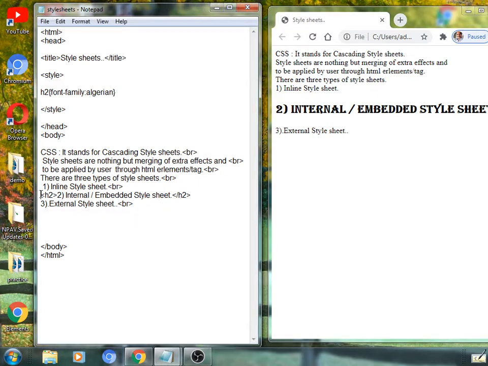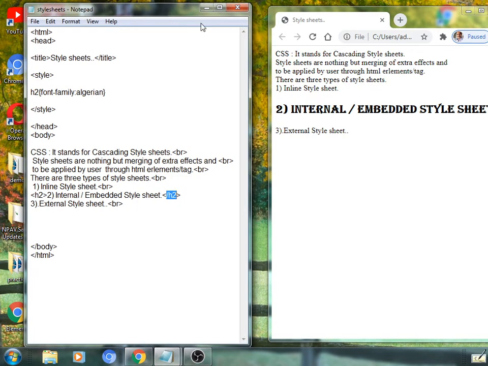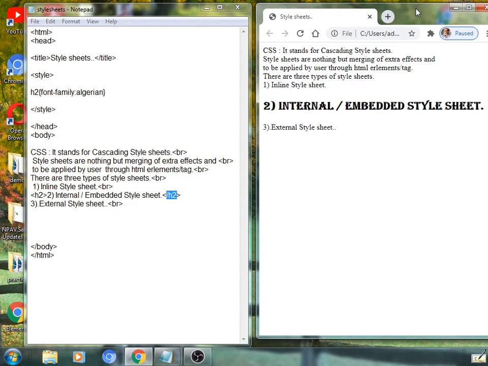See here, the h2 tag is applied on this content, type number 2, internal or embedded style sheet. It is the effect of that. It means it supports such a property and gives the output we expected, like this.